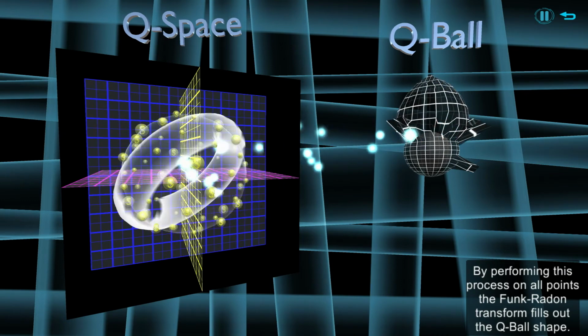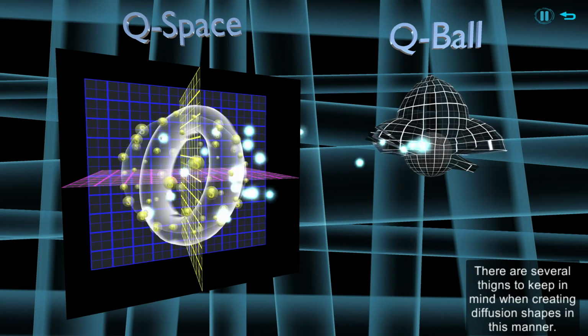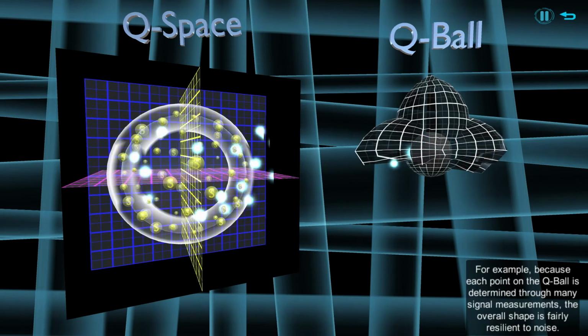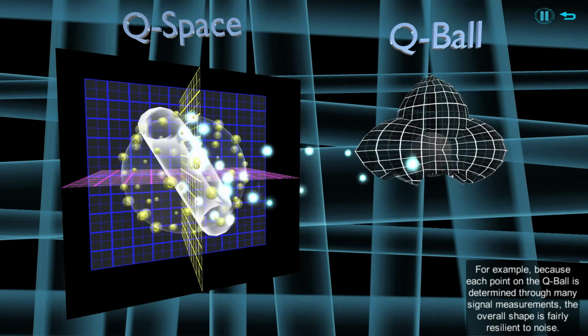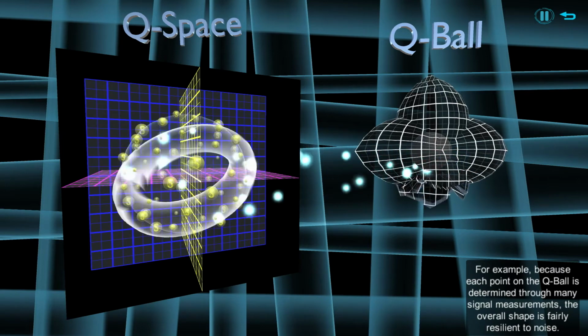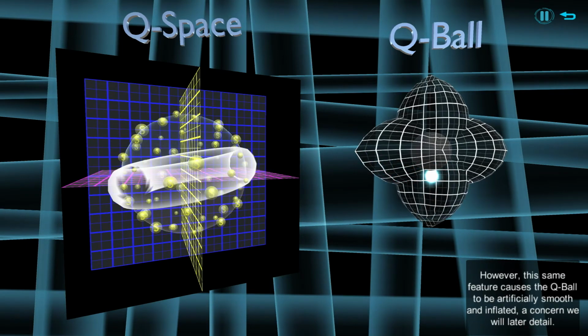There are several things to keep in mind when creating diffusion shapes in this manner. For example, because each point on the cue ball is determined through many signal measurements, the overall shape is fairly resilient to noise. However, this same feature causes the cue ball to be artificially smooth and inflated, a concern we